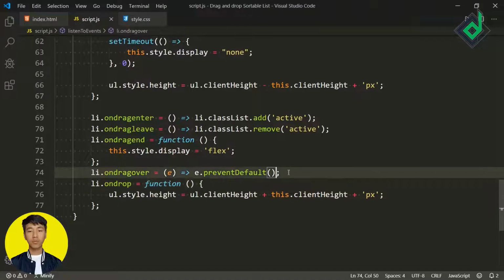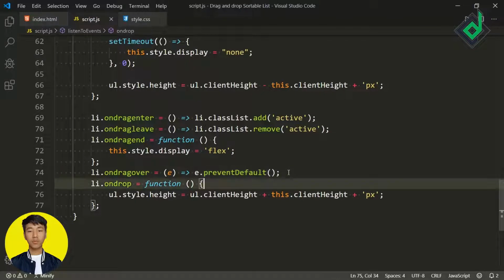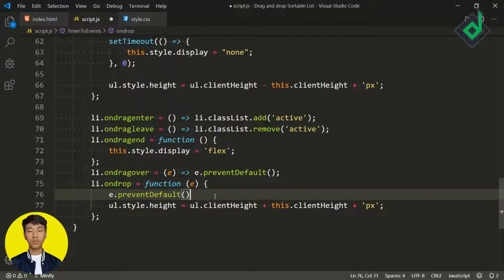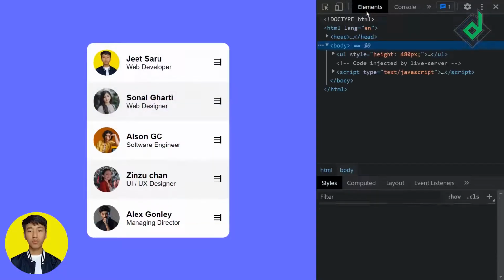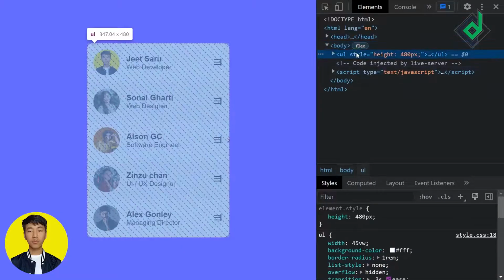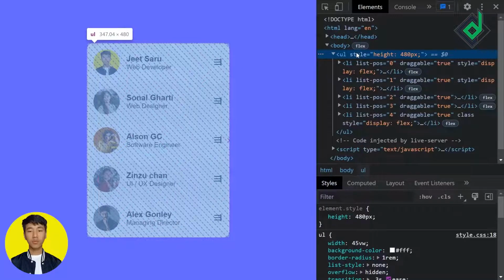And also let's copy the same preventDefault code and paste it inside that drop event. But as you can see, when you drag the element, we're not getting that pop-up effect. That means when you drag the element and take it to a specific list element, I want to change that background color to green, but we are not getting that. So there is some problem.